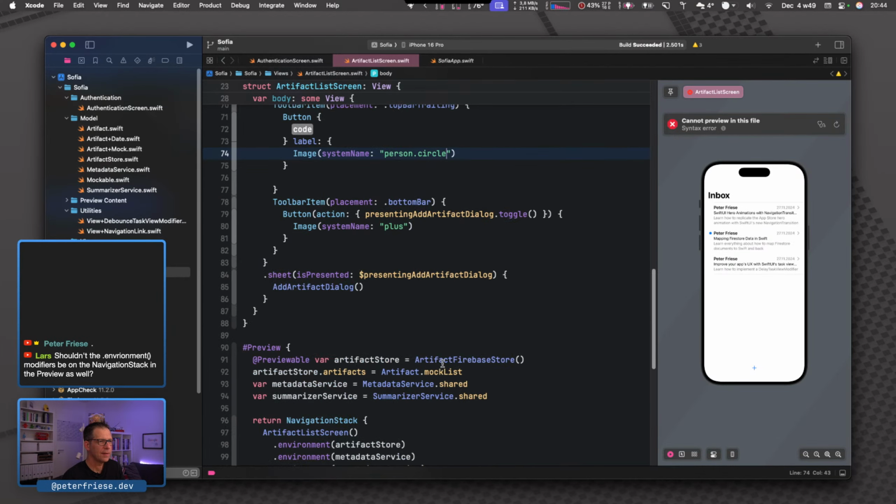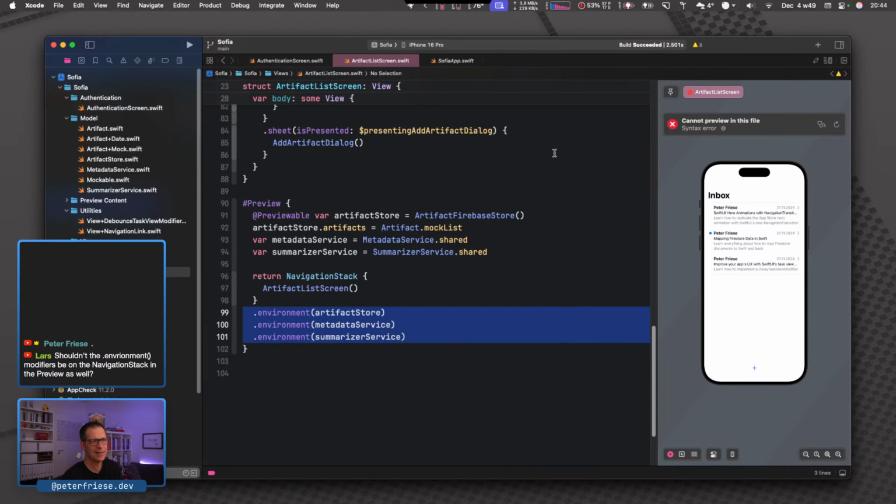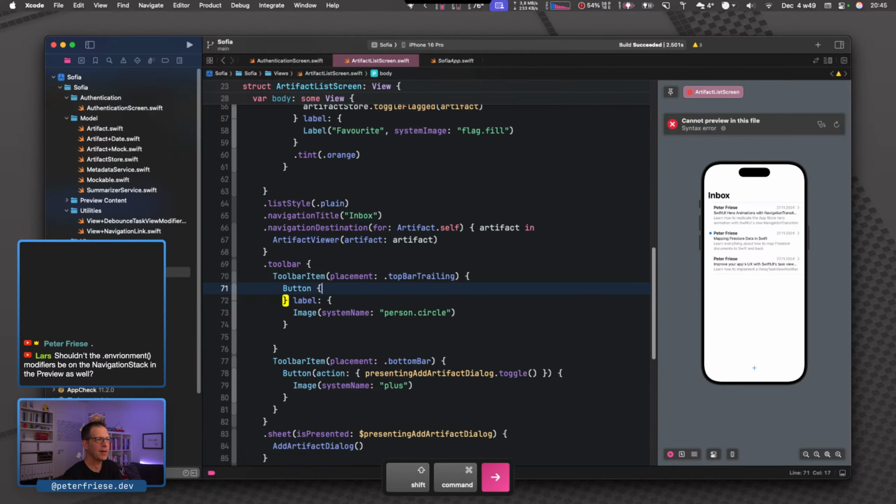Good point, Lars. Yeah, so you paid attention. It's probably not as bad because now there's a compile error. It's probably not as bad because we're not really navigating very deeply at the moment, but yeah, it's a good point. We should do that. Thanks for keeping me honest here.